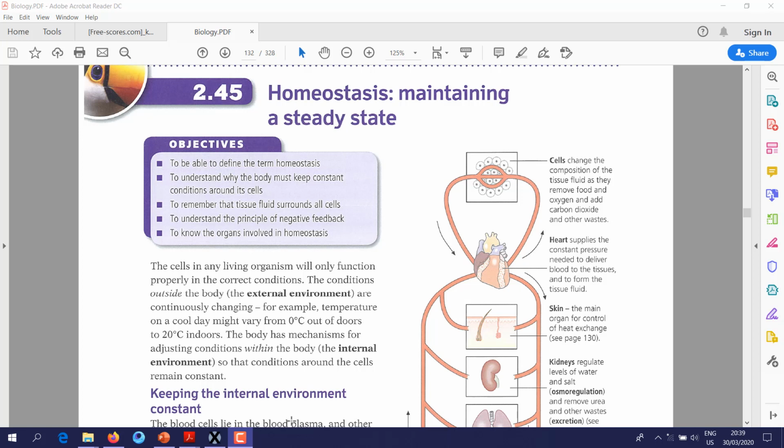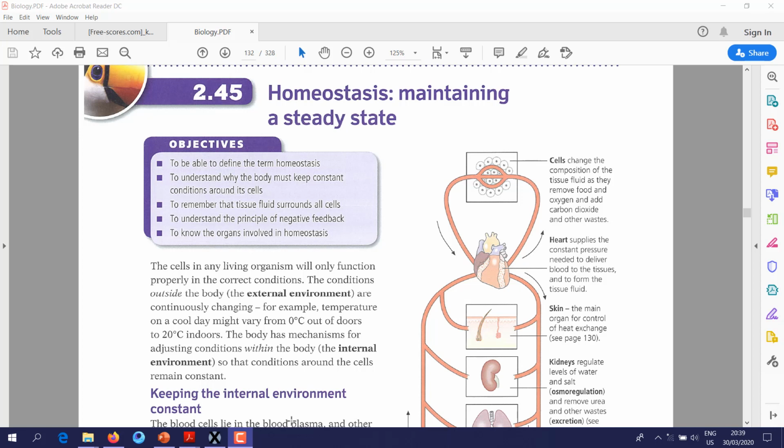2.45 Homeostasis, maintaining a steady state. As we know, for our cells in our body to function properly, it will depend on many factors. We have two types of factors. We call them external and internal. What do we mean by external factors and internal factors? For example,